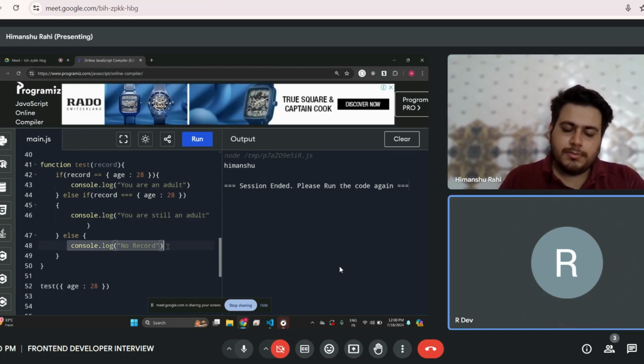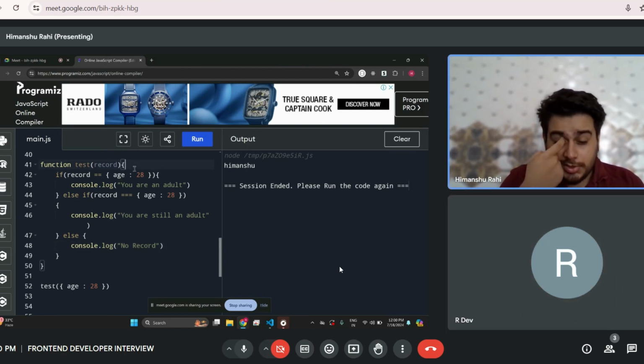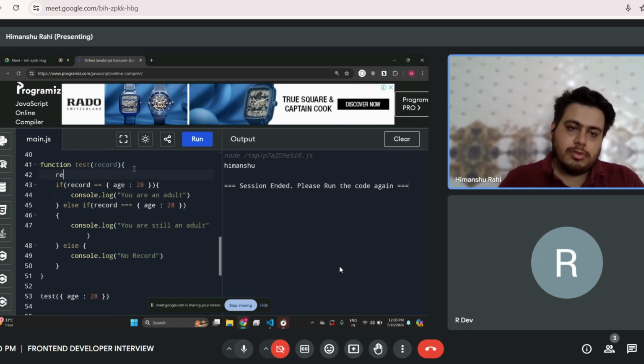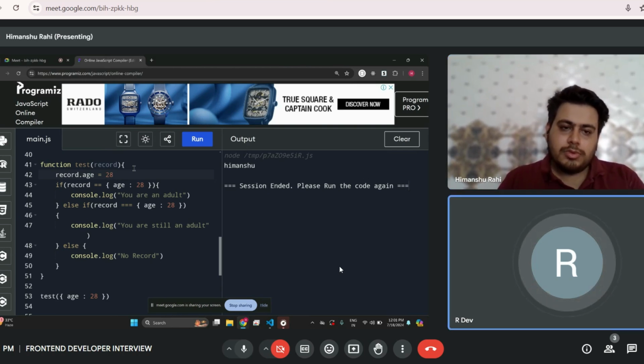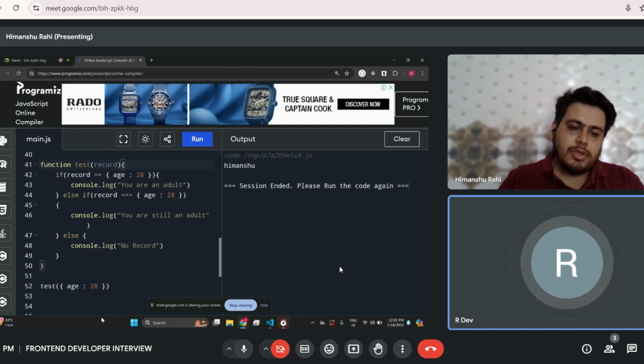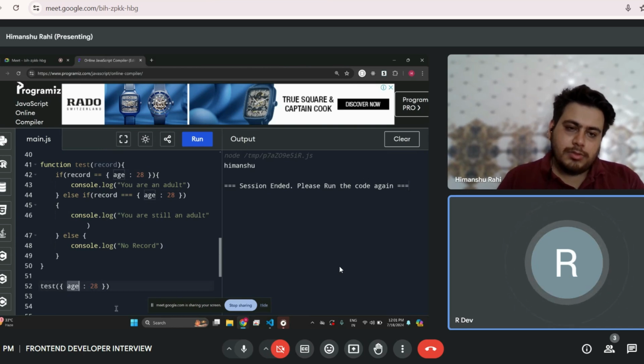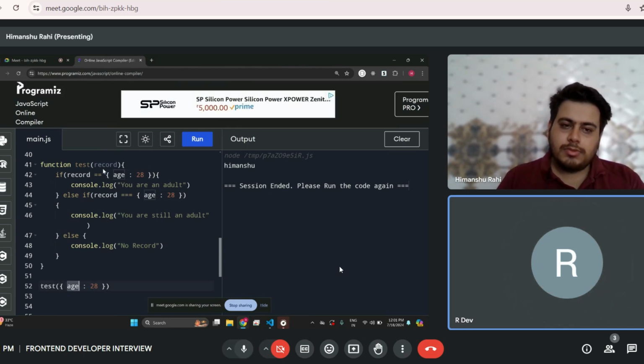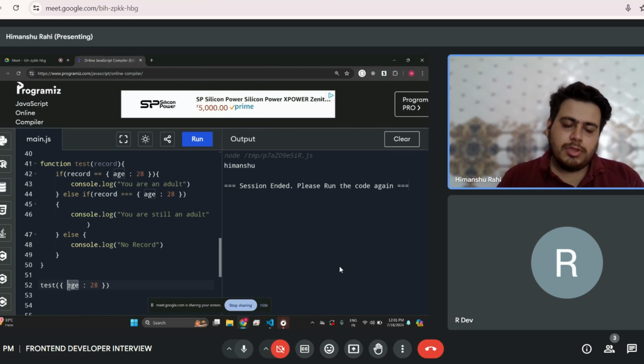So if you want to match the first condition, what will you write? I will just simply check record dot age equal to 28. No, you have to write it in the test condition, right? Whatever condition you want, to match the first condition, write that accordingly.